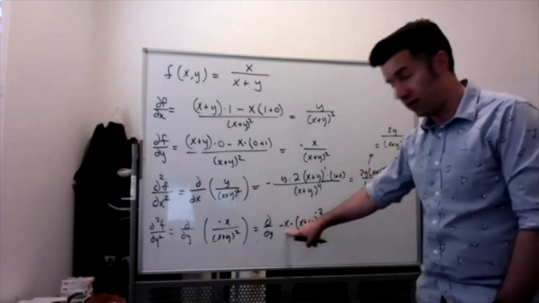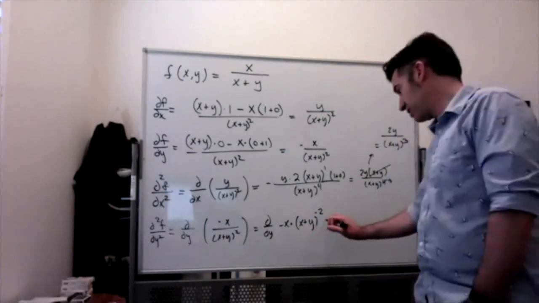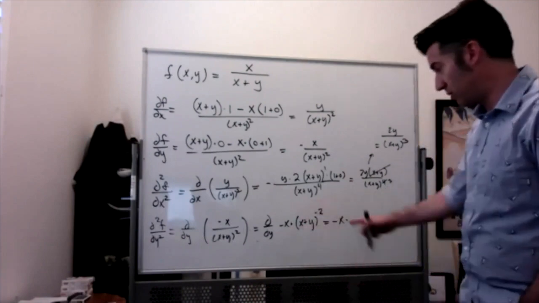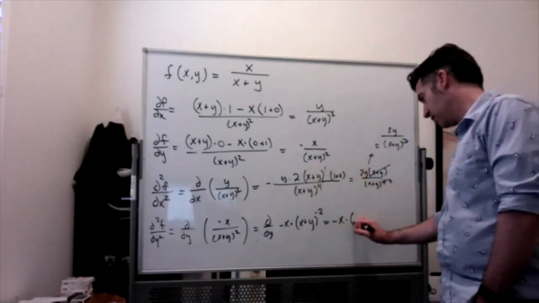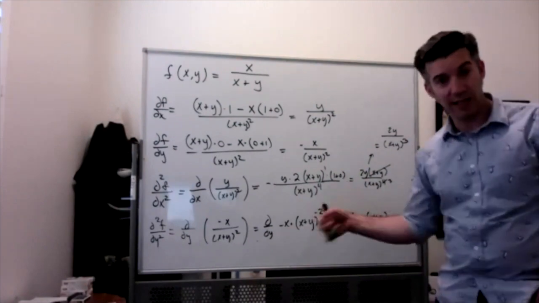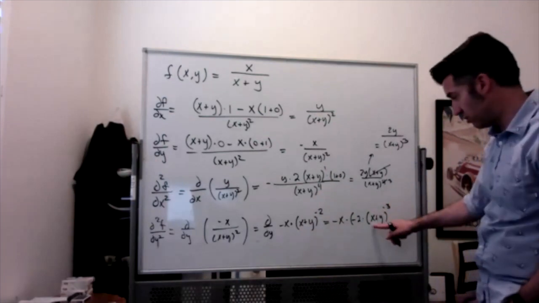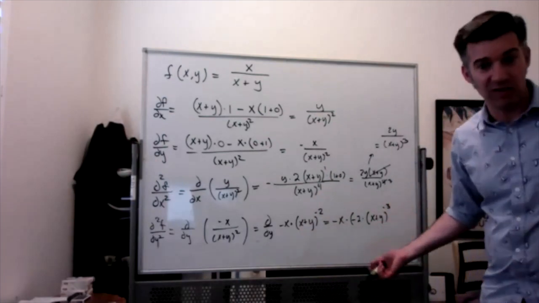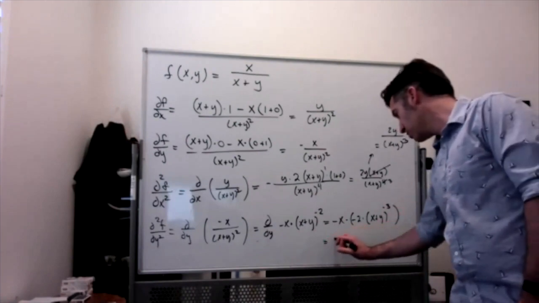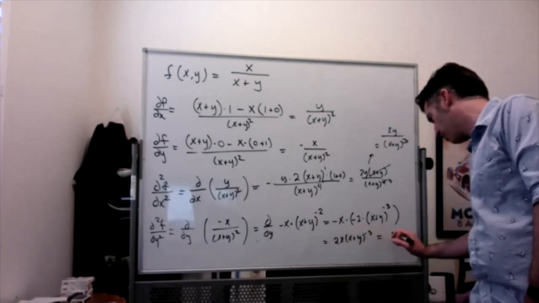So look, I have a constant multiple of a function. I don't need to use the quotient rule here, right? The derivative is going to be this constant multiple, and then the derivative of this function: the negative 2 comes down, and I get negative 2 times my stuff to the one less power, which is negative 3, times the derivative of my stuff, which is 0 plus 1. I'm not going to write that because we know that 0 plus 1 is 1, and times 1 is the same. So here we get 2x times (x plus y) to the negative third,